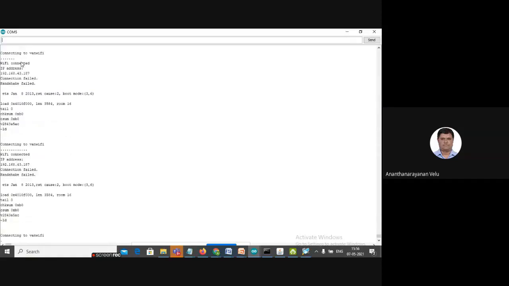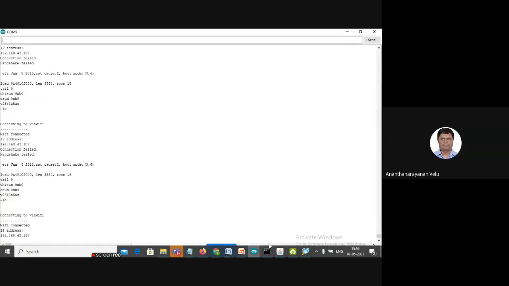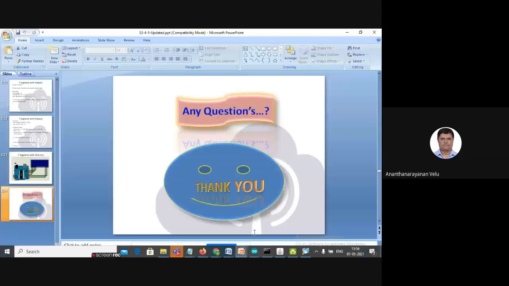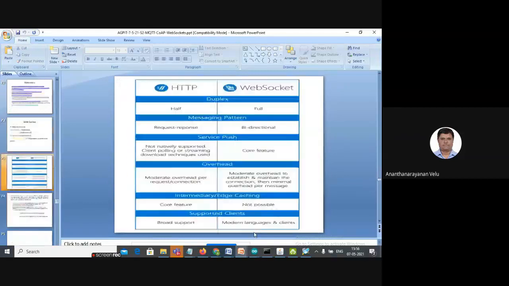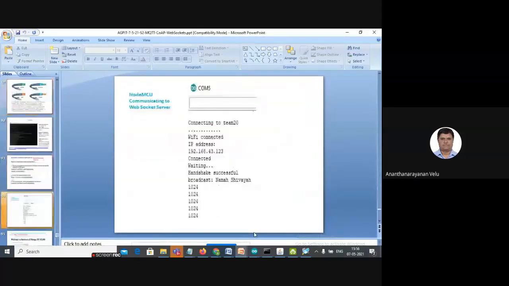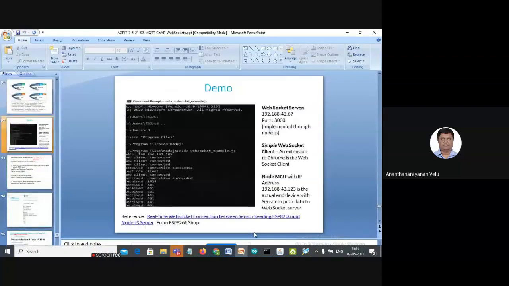Okay, so the reason is I didn't start that Node.js based WebSocket server. So I have to start that WebSocket server, right? So that information is also available in this demo. I'm also just following the things given in this demo. So where is the WebSocket server?